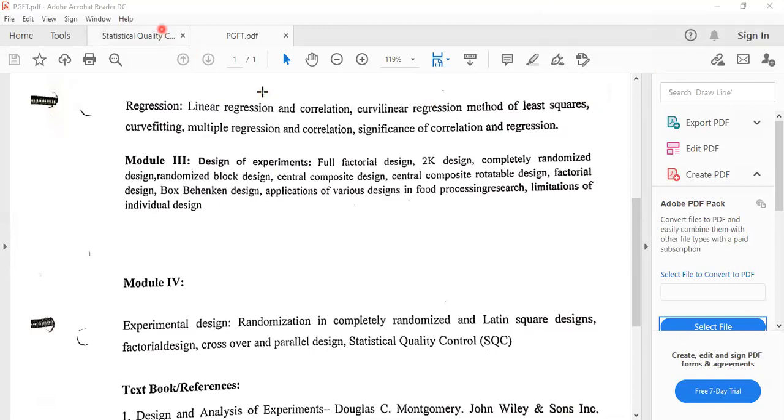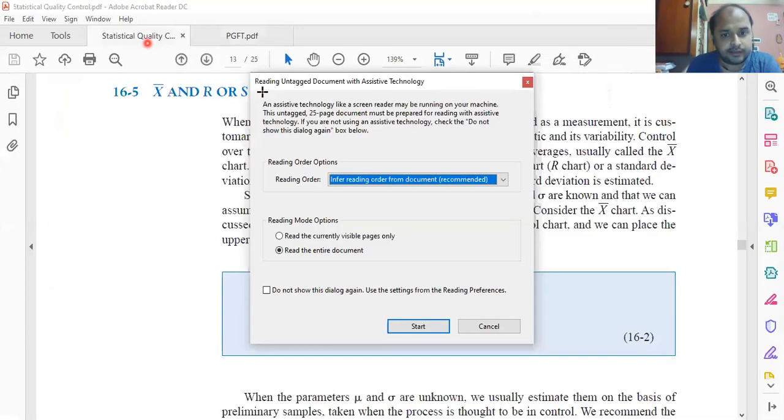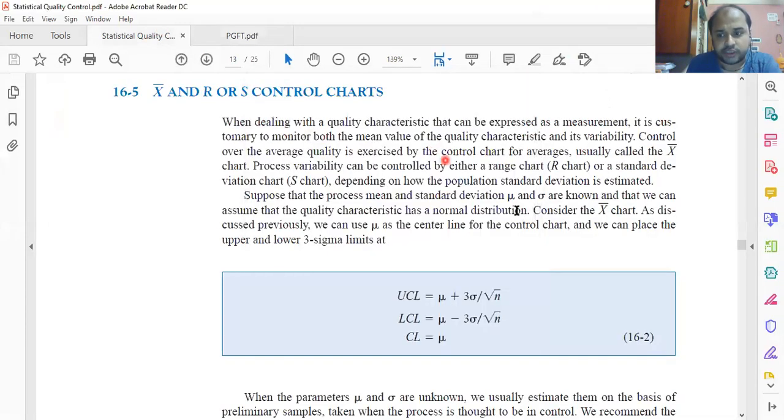So let's begin my today's session with the discussion of statistical quality control, and I am going to discuss the portion which is being shown in front of you on the screen with article 16.5, which talks about X bar and R or S control charts. Today I'm going to discuss X bar and R control charts, and I'm just going to scroll down the sections which I'm going to discuss by doing some calculations in the